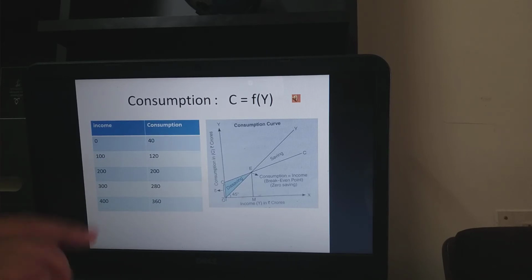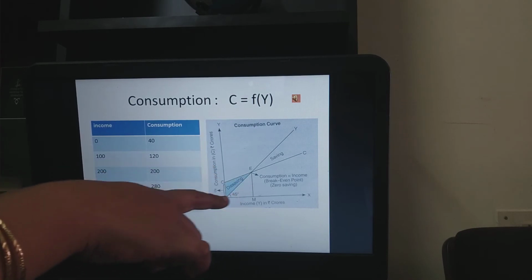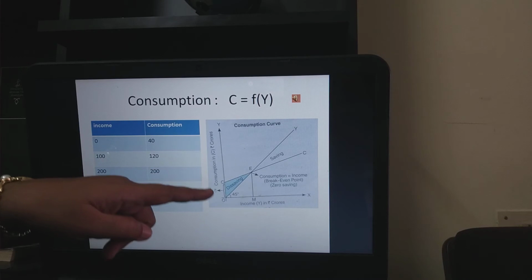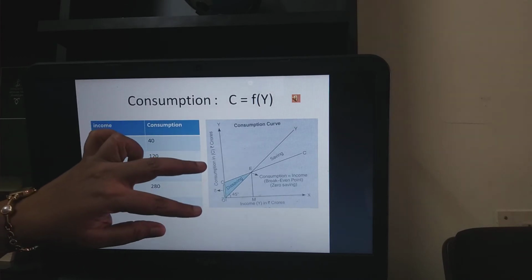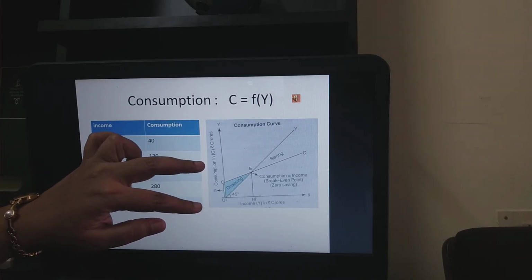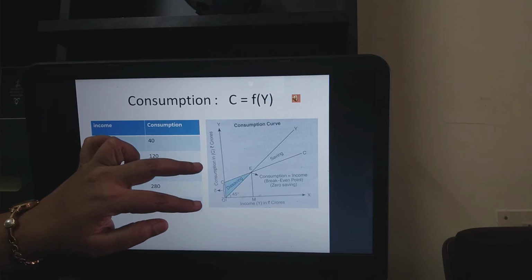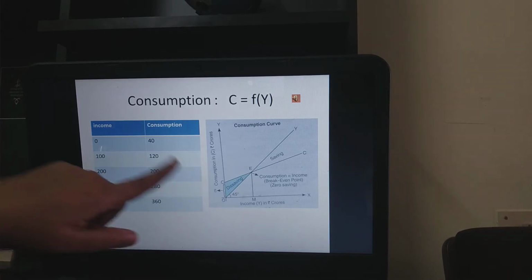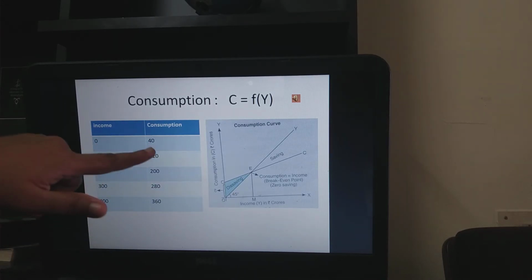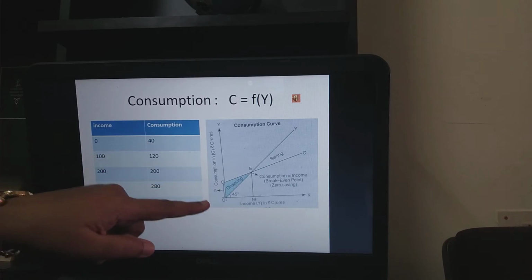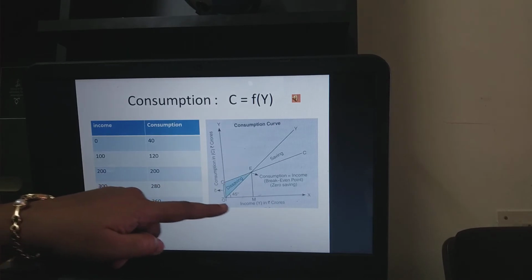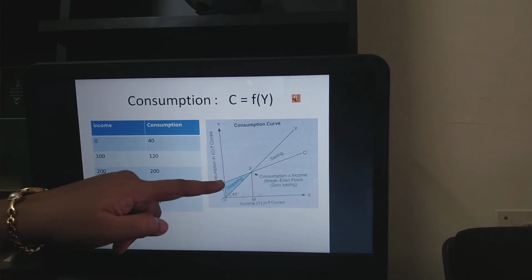Look at this portion where you have this saving, the shaded area, right? So on the y-axis, to an extent of OC, there is an autonomous consumption which is represented by the letter C bar. From the table, when income is 0, you know that consumption can be 40. So that is the autonomous consumption. And here the income increases, consumption also increases.